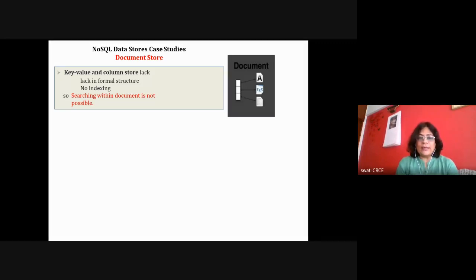Now there are four types of these NoSQL databases: key store, document store, graph store, and column based. In the previous lecture, we studied the NoSQL database type key value, and the example that we saw is Amazon's DynamoDB. In the case of Amazon's website, why is this database more suitable?